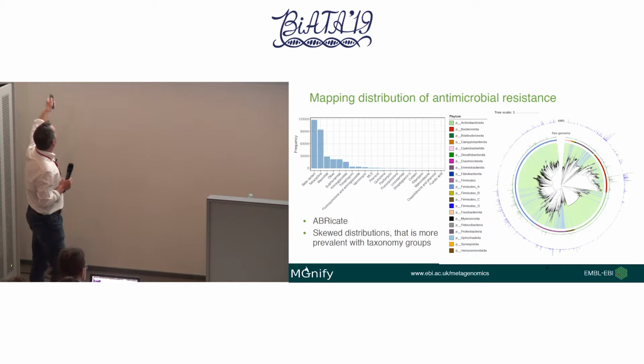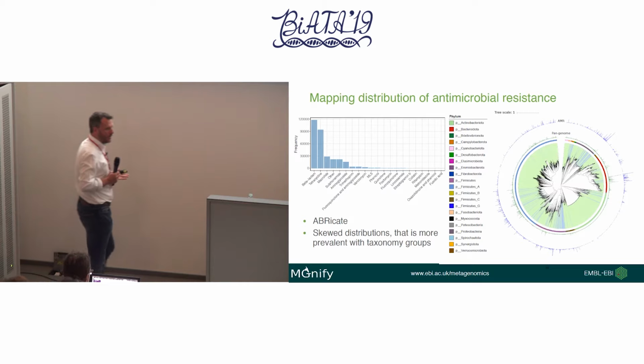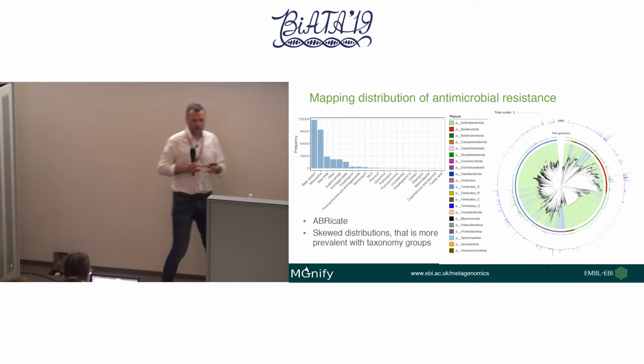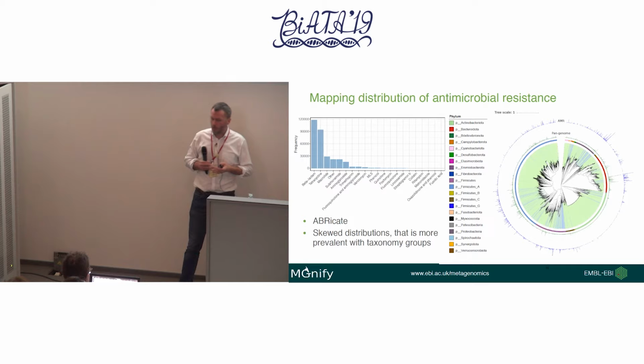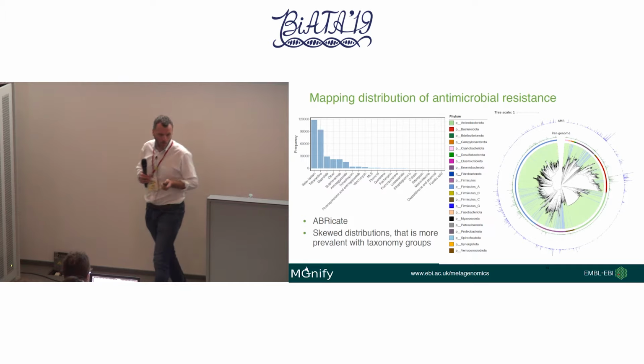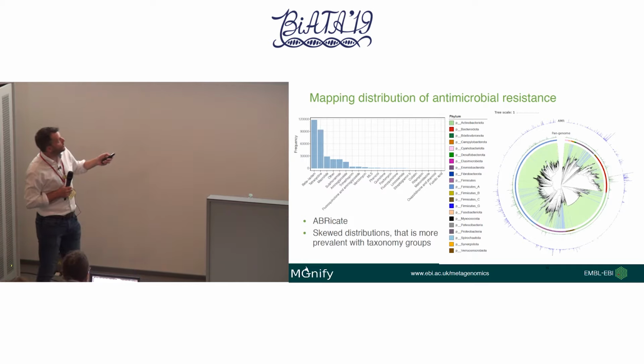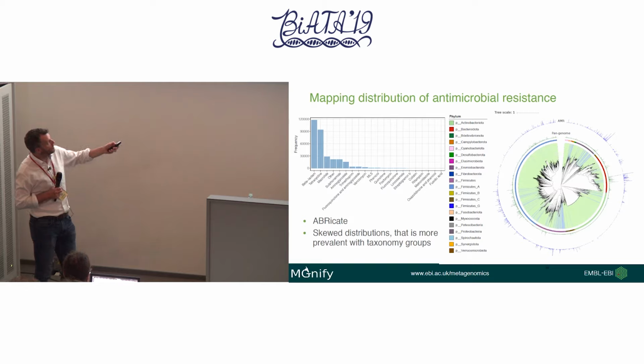It will come as no surprise that beta-lactams was the most common antimicrobial resistance, but this just shows you that actually the spread of AMR across what we've identified is not uniform. There are distinct pockets, and some of it seems to be correlated with pan-genome size. Eyeballing over here, there's definitely a distinct correlation.